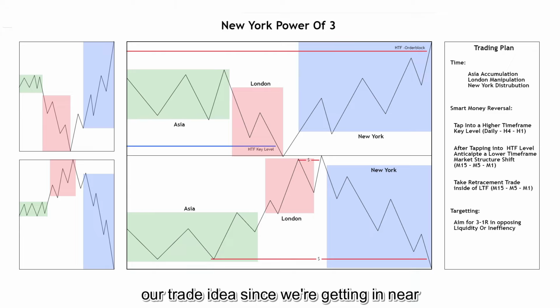Since we're getting in near the low or high, through experience, I've realized this model can create some absolutely massive trades through the New York session, and we want to be maximizing profits on our winners because this is an A+ setup. So as you can see here, after we had the liquidity sweep followed by that breaker structure lower,